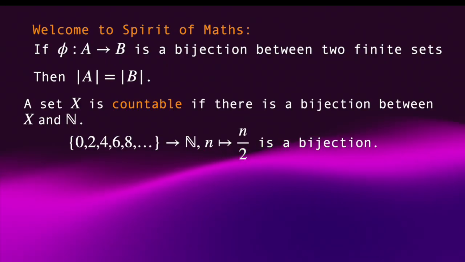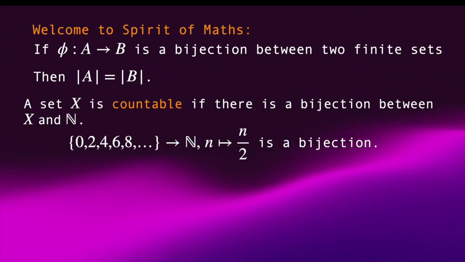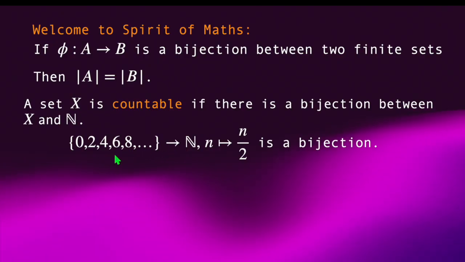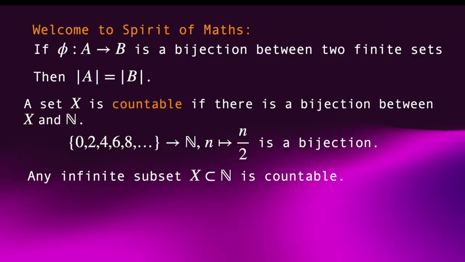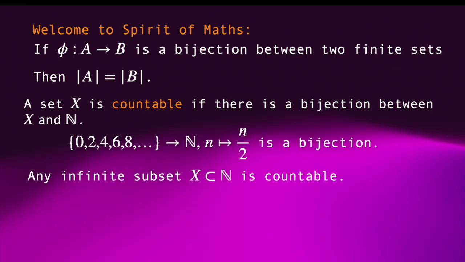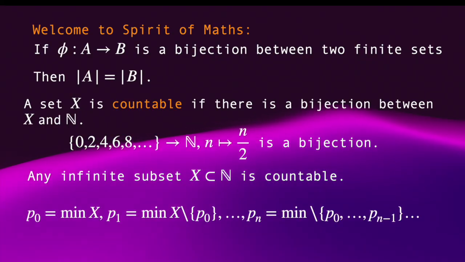So here the set has a priori fewer elements than N, but we can make a correspondence between this set and N. And more generally, any infinite subset X of N is actually countable. We can make a bijection between this set and the natural numbers. And we can do so by